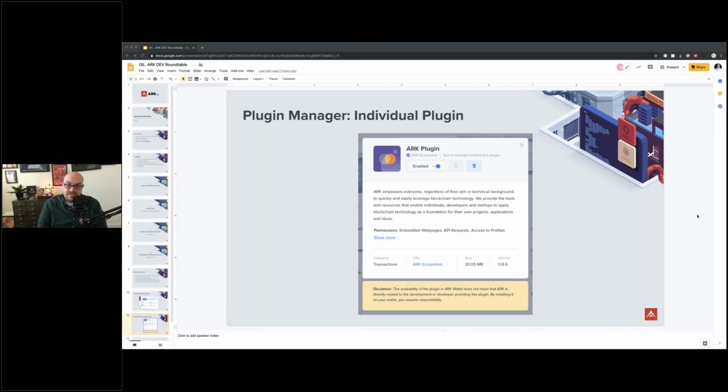So I would say in this initial MVP version, I don't think we have built a system that in depth. We have like 4 disclaimers in this, that it's in a state still where you need to make sure that you understand what it is you're installing as far as plugins go. The official ones from the team will have a check mark so that you know that they're ARK ecosystem plugins, but any third-party plugins, there will be an aspect of security of it, just like there is with Chrome